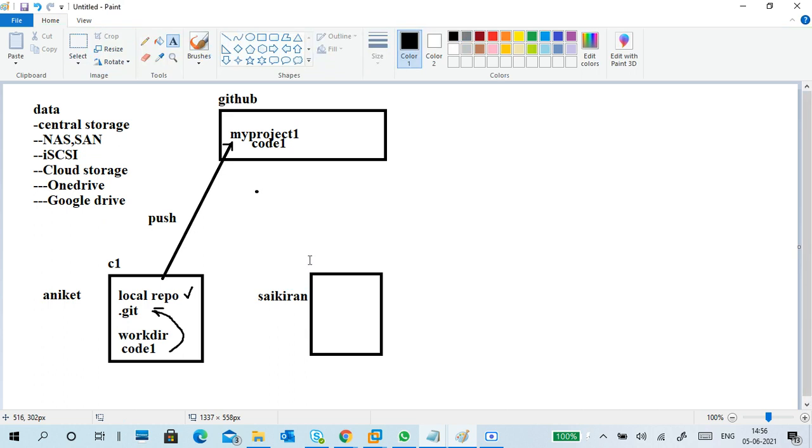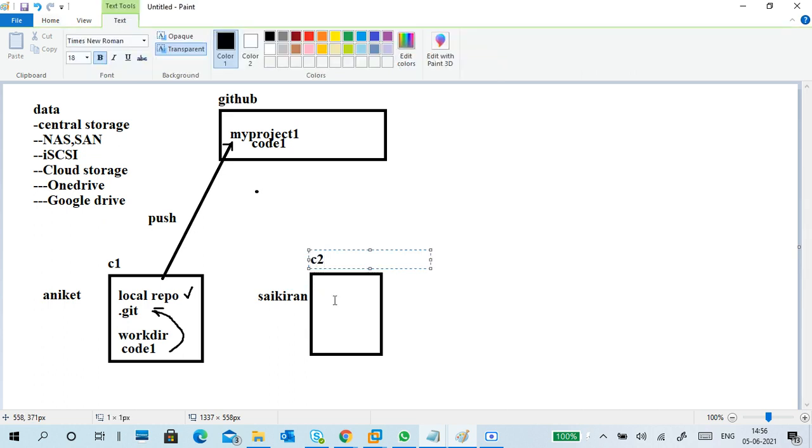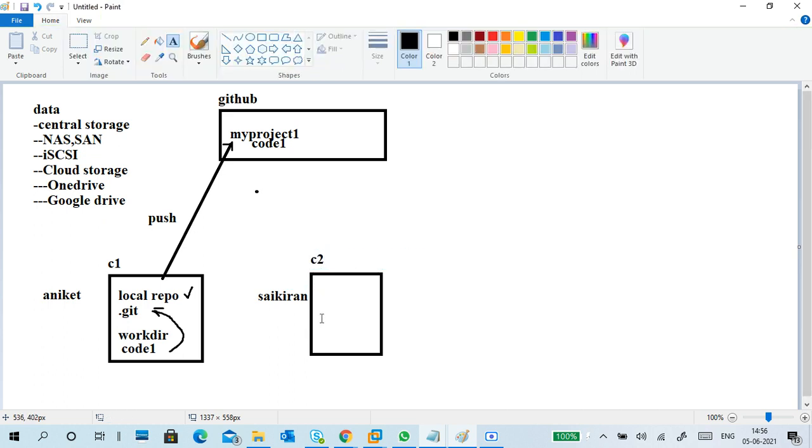Now Sai Kiran is also a developer. His computer name is C2. He wants to take this code, add something to it, and again put it in GitHub. Both have an ID and a username and password; they know it.